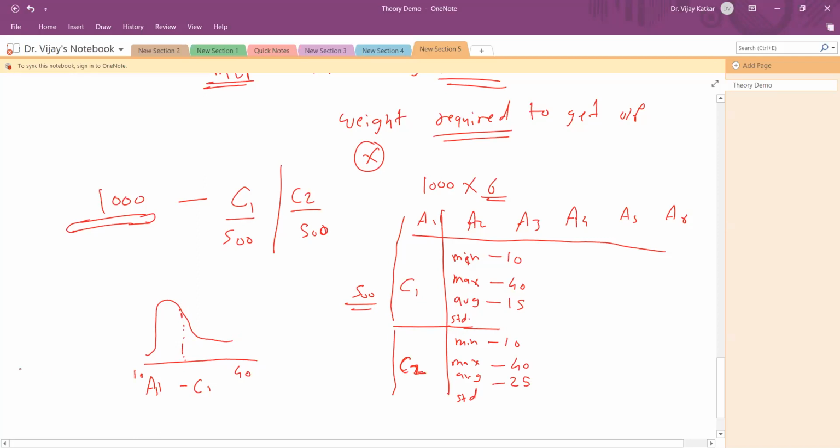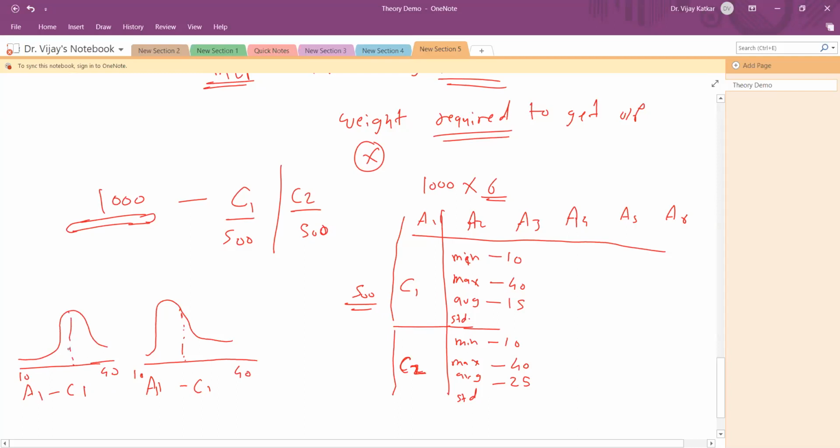And for A1 belonging to class C2, it starts from 10 and goes up to 40, but the average is 25 something, so it is biased toward the other side.